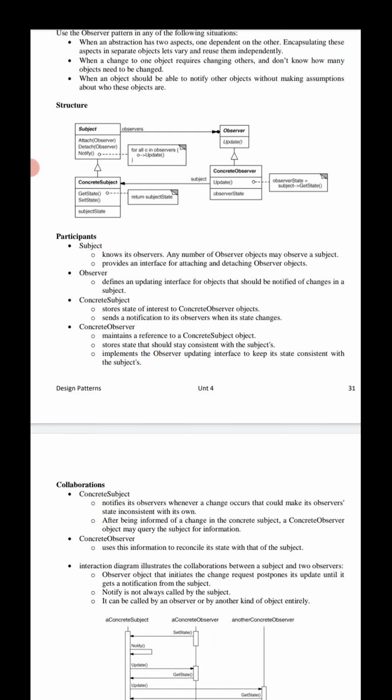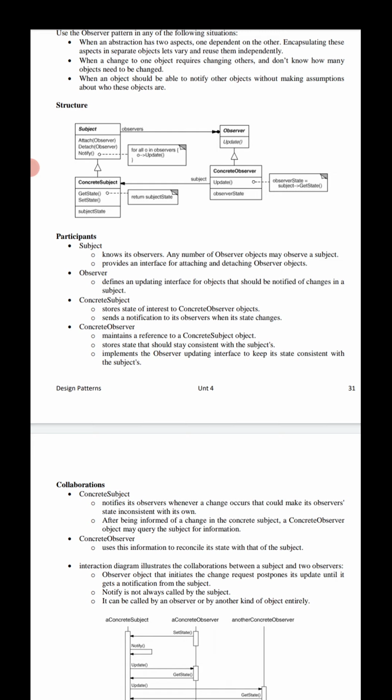It provides an interface for attaching and detaching observer objects. The observer defines an updating interface for those objects that should be notified of changes in a subject.